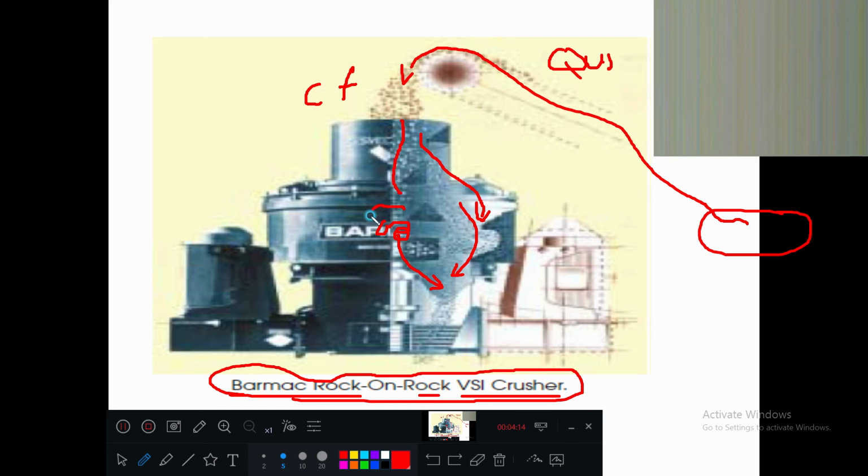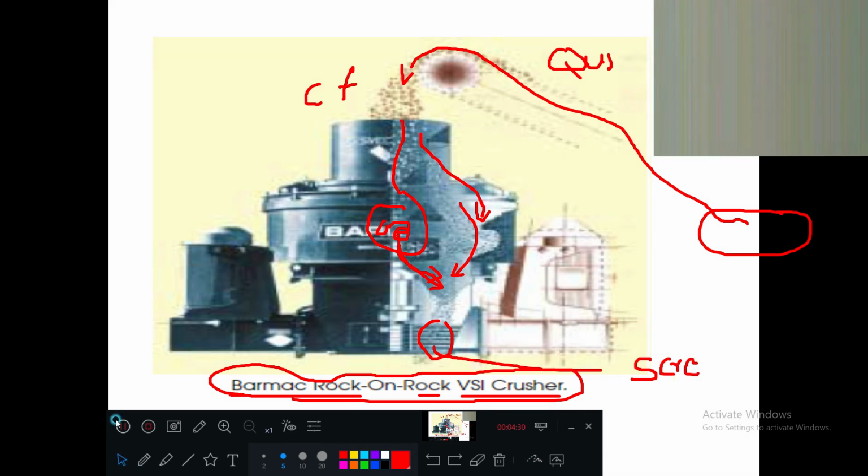The crushing operation takes place here, and after crushing, this will also be fine. So both fine materials are separated. Next, from this, it is taken to the screening operation.